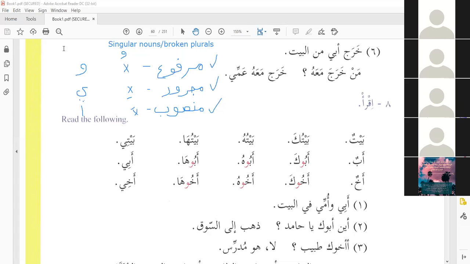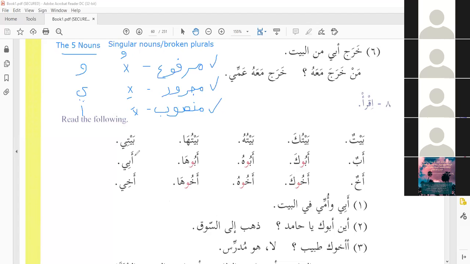And the group that we're going to focus on today is a group of 5 nouns that are notorious enough to have earned the title, the 5 nouns. So there's only 5 of them, which is good, because then they're easy to remember. This group demonstrates its grammatical case with either a waw if it's marfu', or a ya if it's majroor, or an alif if it's mansub. The 5 nouns use these symbols